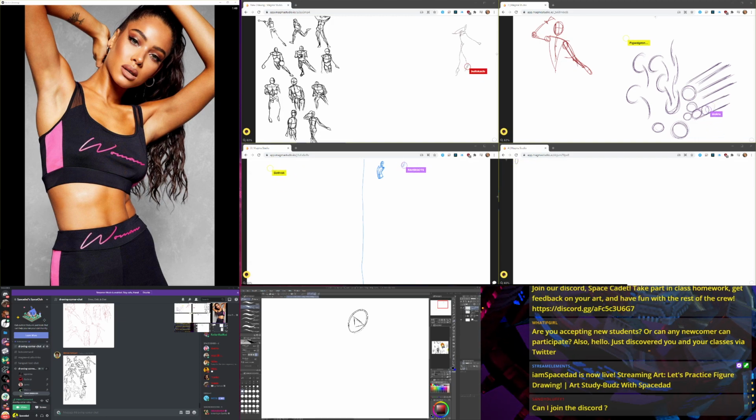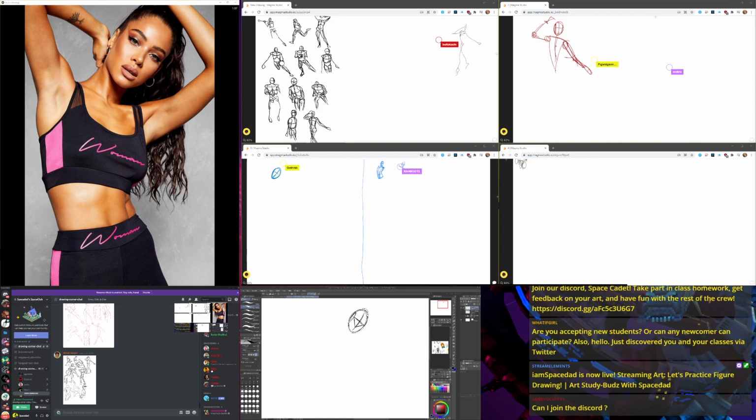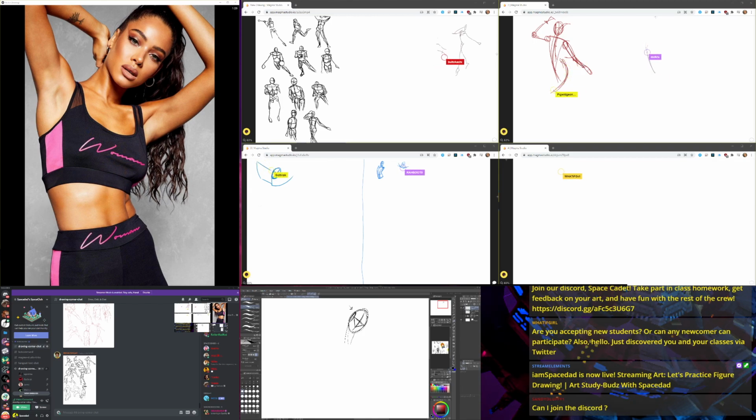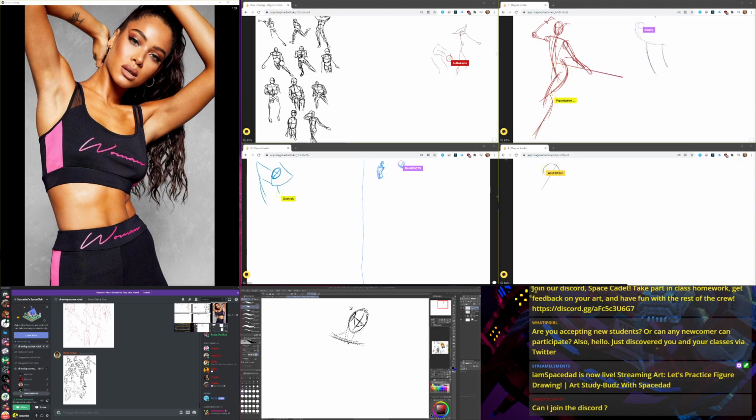Use this kind of triangle wedge to establish the head direction. We get a little bit of the side plane here. The head, just a simple oval. The center line and this triangle for the face wedge, and an ellipse that's on the side of the head. Get a C curve for the neck. Get an indication of the pit of the neck about here. Get this little rhythm line going for the clavicle.